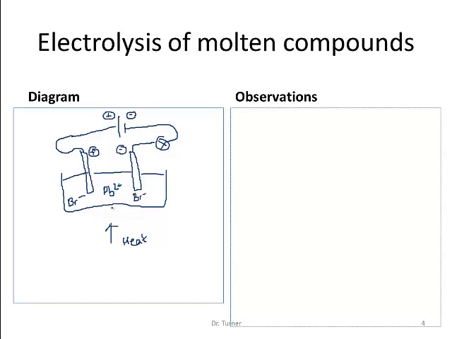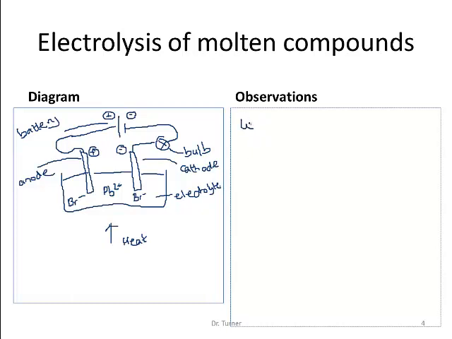Okay, so that's our experimental setup. We'll just label the parts: bulb, battery, anode, cathode, and the electrolyte. So when the lead bromide is solid, nothing happens. Then if we have it melted,